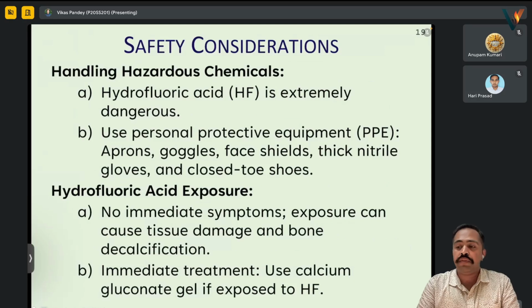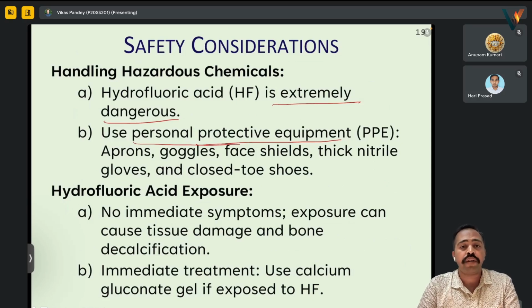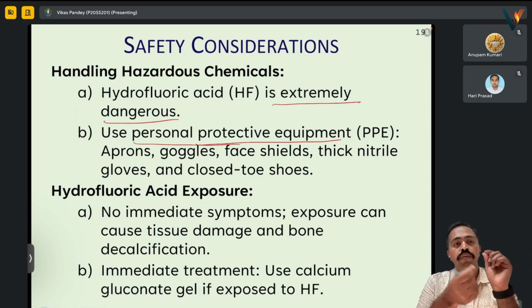So when we are doing this wet etching, we have to have some safety considerations. One of the common agents is hydrofluoric acid, HF, which is extremely dangerous. So you have to wear personal protective equipment, PPE: apron, goggles, face shield, thick nitrile gloves. Normal nitrile gloves will not work. We have to go for thick nitrile gloves, which are very thick, and